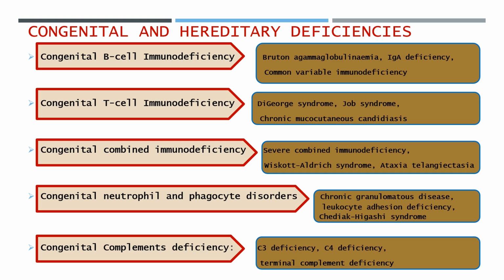Bruton agammaglobulinemia is an X-linked recessive disease. It usually begins between the age of 3 to 6 months, when maternal immunoglobulin begins to drop, and then the child presents with recurrent infection. If you check the child, they usually have absent or low B cells. Most times the T cells are normal, and they generally have low immunoglobulins.